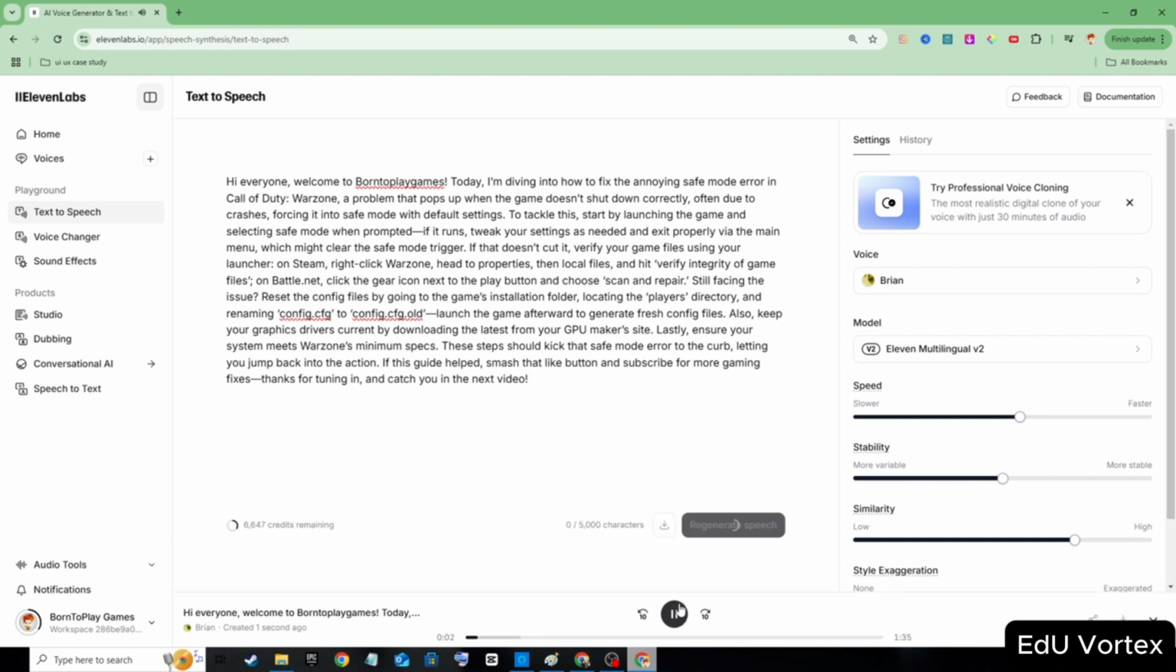Play games. Today I'm diving into how to fix the annoying safe mode error in Call of Duty. Warzone, a problem that pops up when the game doesn't shut down correctly, often due to crashes, forcing it into safe mode with default settings. To tackle this, start by launching the game and selecting safe mode when prompted. If it runs, tweak your settings as needed and exit properly via the main menu, which might clear the safe mode trigger. Or if that doesn't cut it,